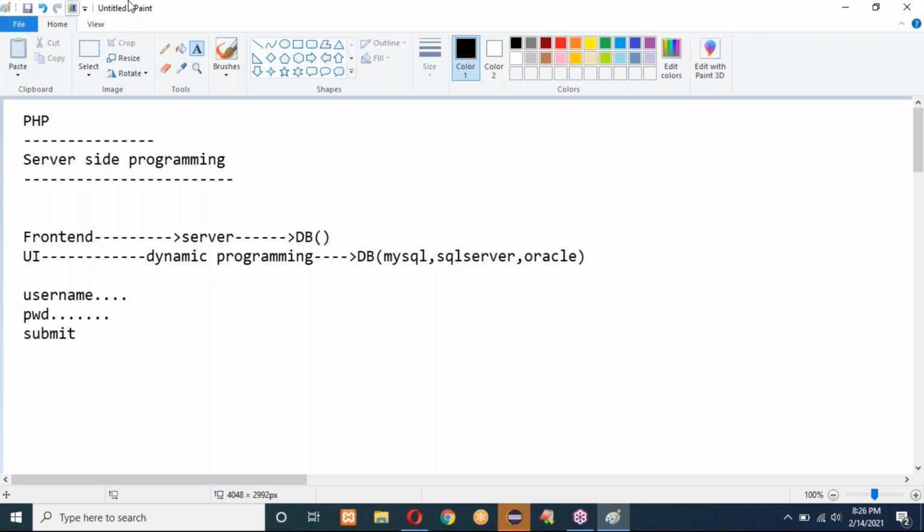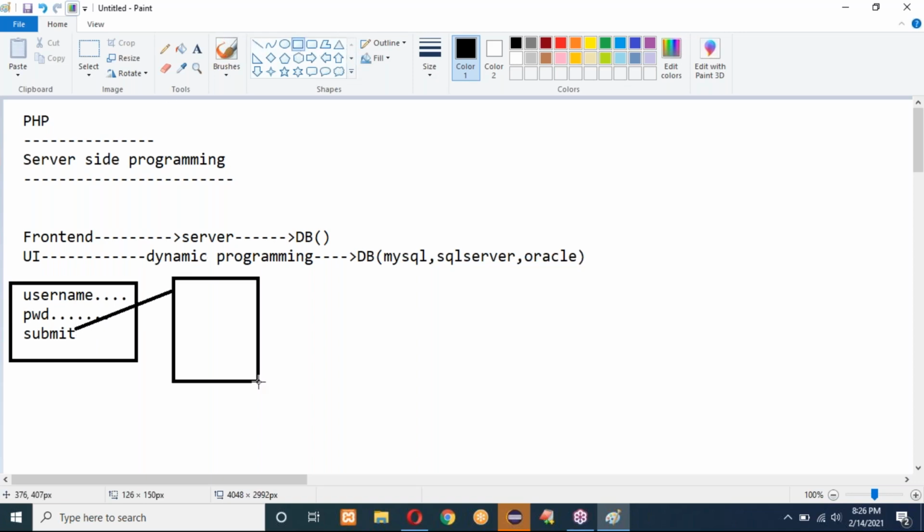Server-side programming. Whenever you click on your submit button, your request has to reach the server page. Here is my user page. This user page is clicking on the submit button, so because of that, it has to reach the server page.